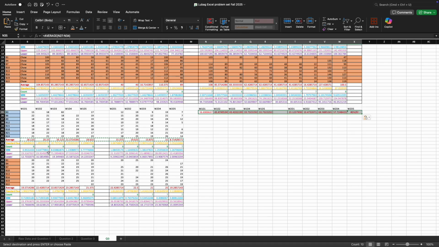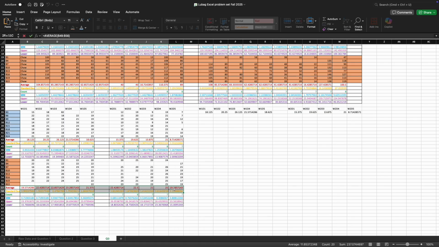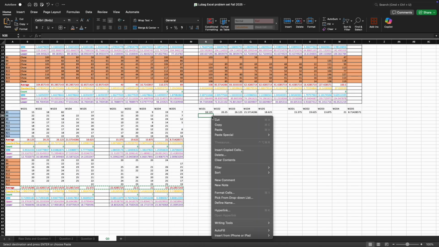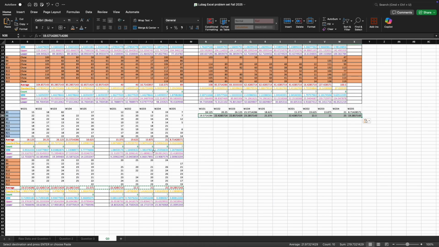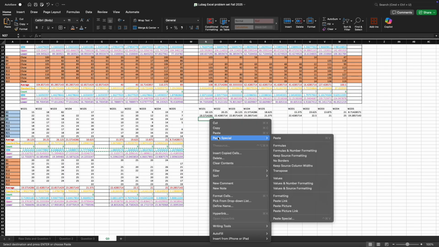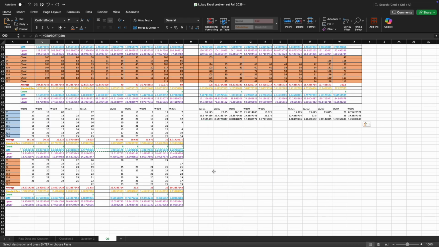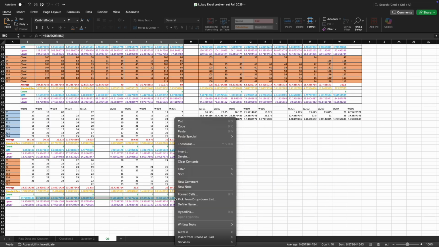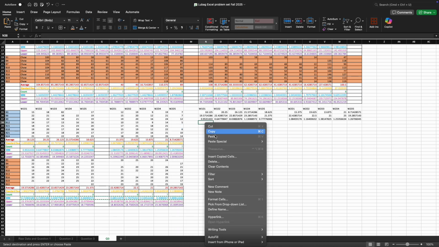which you can see I try to do there, you have to do a special paste. So you click paste special and then values. So I'm doing that for the chow only group as well. Copy the averages, right click, paste special, values, and then I'm also doing that for the standard error of the mean for the binge only group. Copying that and paste special, values,